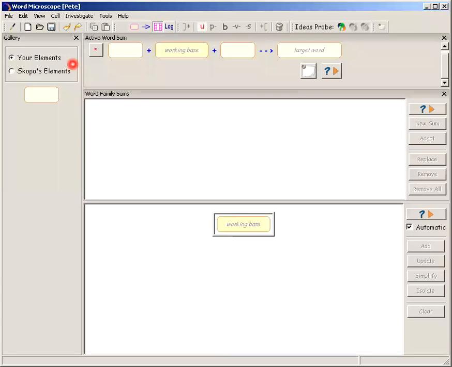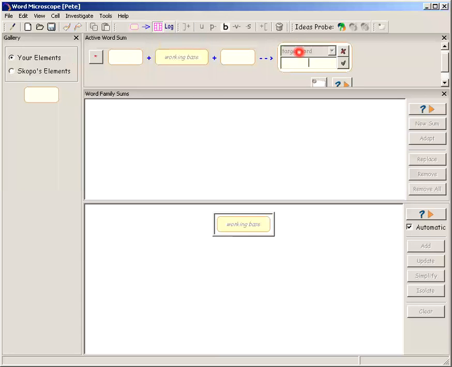Okay, I'm going to make a short little video here introducing users of Word Microscope to the Elements gallery over here on the left of the active word sum and the space that you work on. So what I'm going to do is show you how those tools might help with an investigation of the word